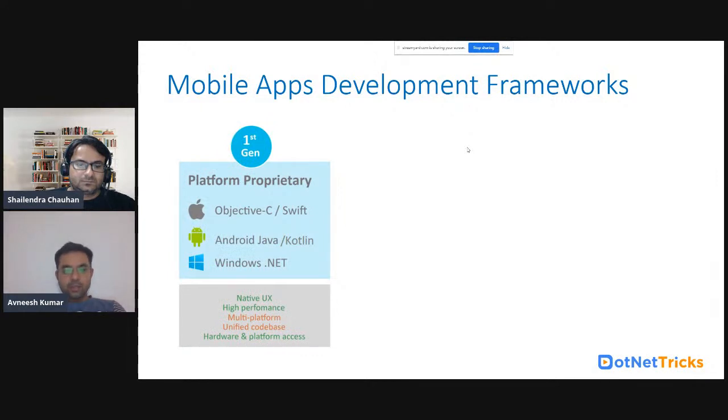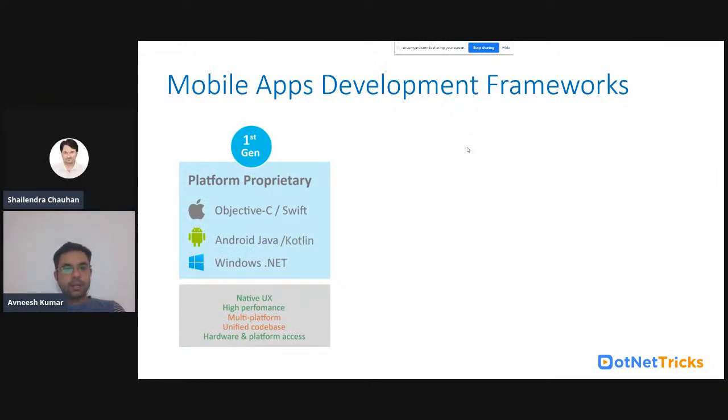So in the beginning of mobile app development, companies started with developing applications for different operating systems. Like you have Android, you have iOS, and you also had Windows Phone in the past, right? So they developed native applications in their native languages.